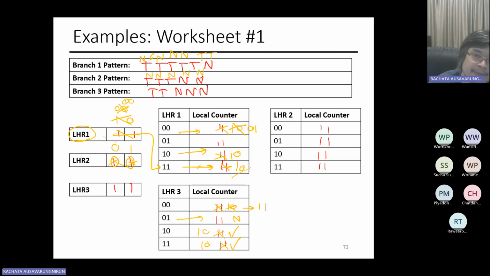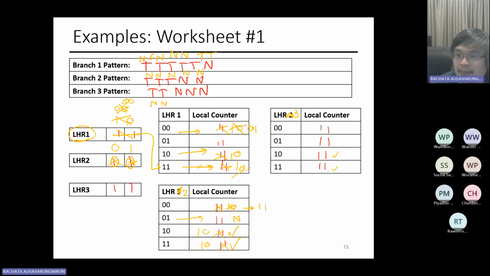And you do the same thing for branch 3. Branch 3, you will see that the first 2 are going to be not taken, right? You start from, oops, let's assume this is LHR 2. My bad, this is LHR 3. Now you start from here, then you go to here. You always predict not taken because the local counter is 1, 1, right? Then the third branch,